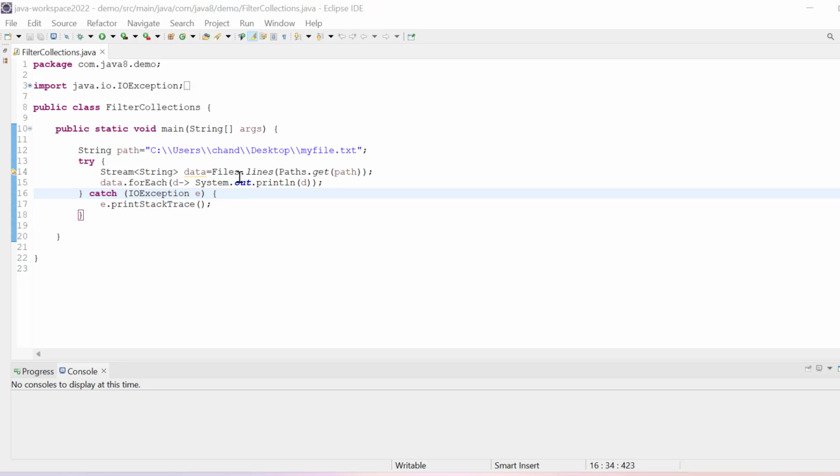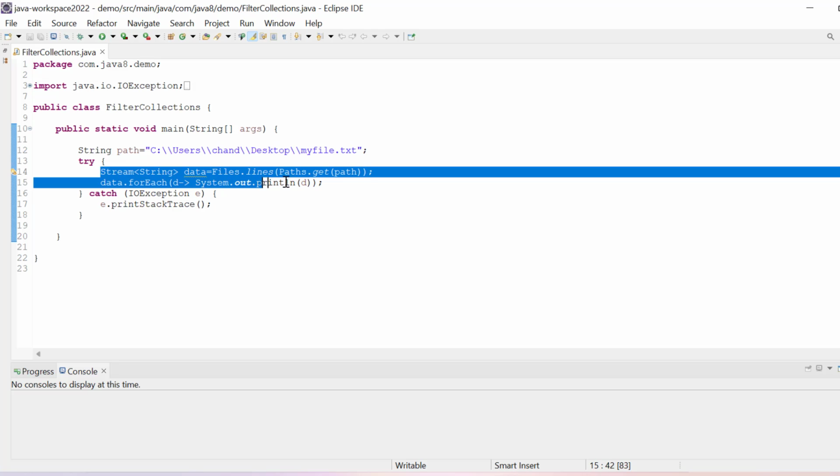Hello everyone. In this video we will see file reading into a string. So basically we want to read all the lines available in a file as a string. So for that, what we will do, we'll create here a string